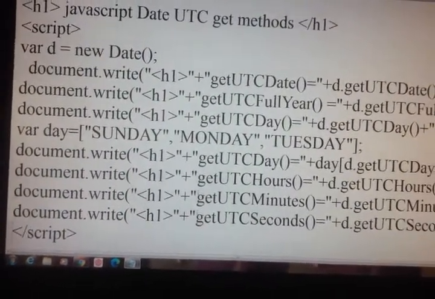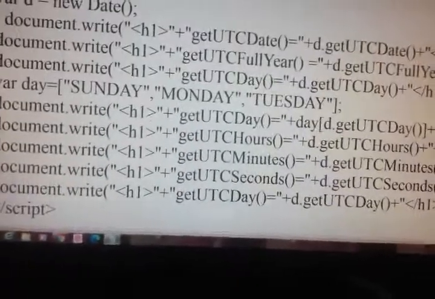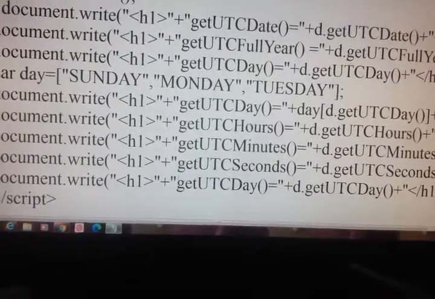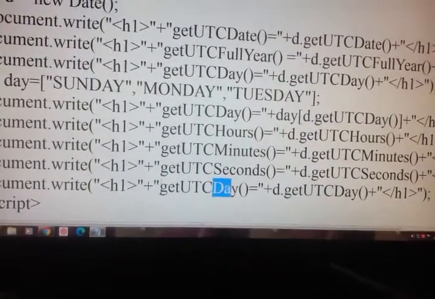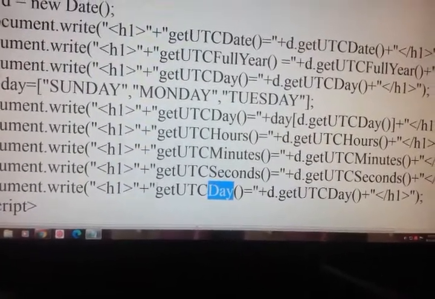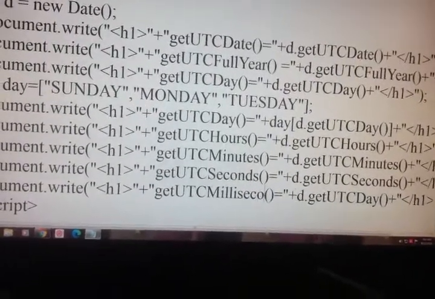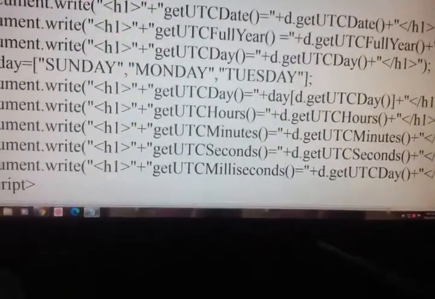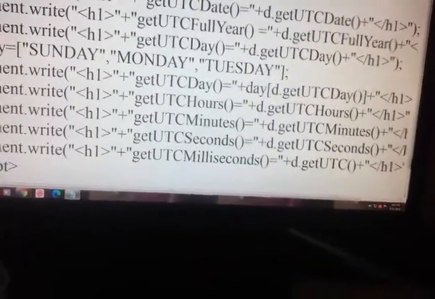Then another method, get UTC milliseconds. d dot get UTC milliseconds.